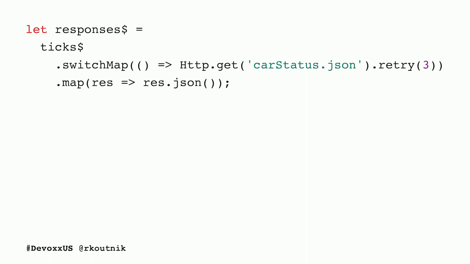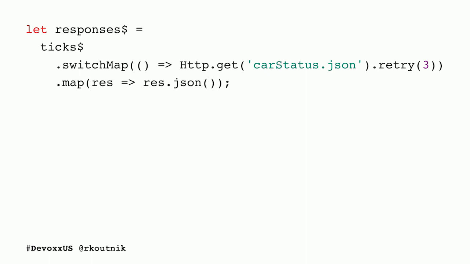So if we're in an area with a shaky connection or something like that, all of a sudden, we're able to display the correct information to the user, even if it takes us a little longer, and do that refresh behind the scenes. The user doesn't even notice, which is a fantastic experience. And so now we can start to see how an AJAX request, even though originally I'm like, this is a promise. It represents a single value delivered over time. Maybe it's not a single value. Maybe we want to retry and things like that.